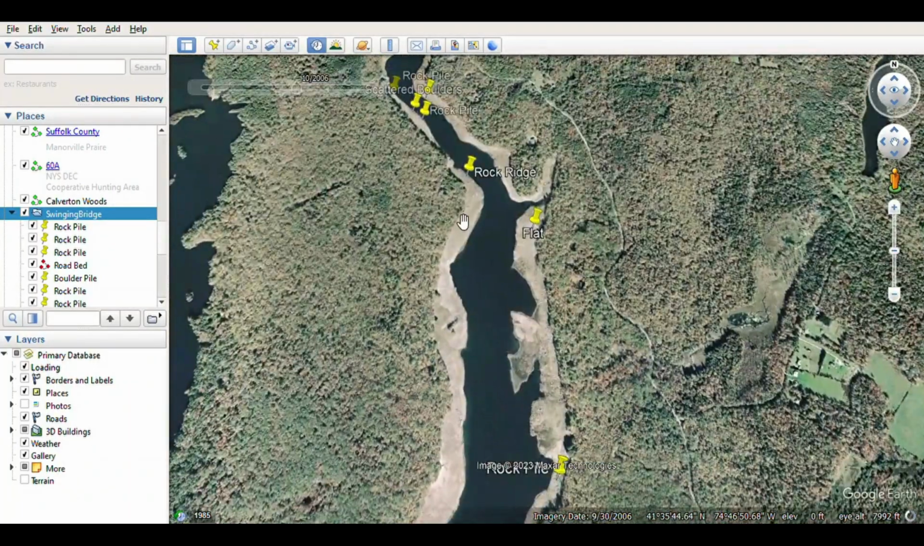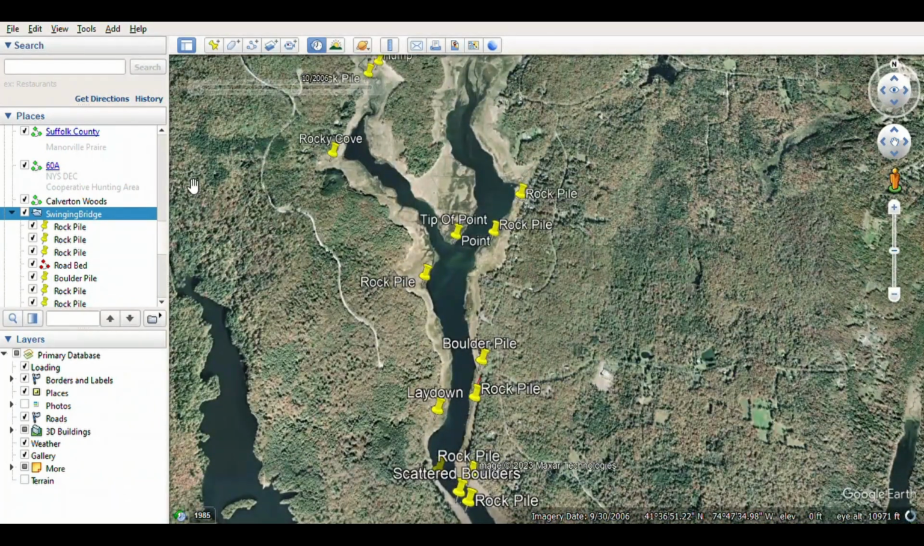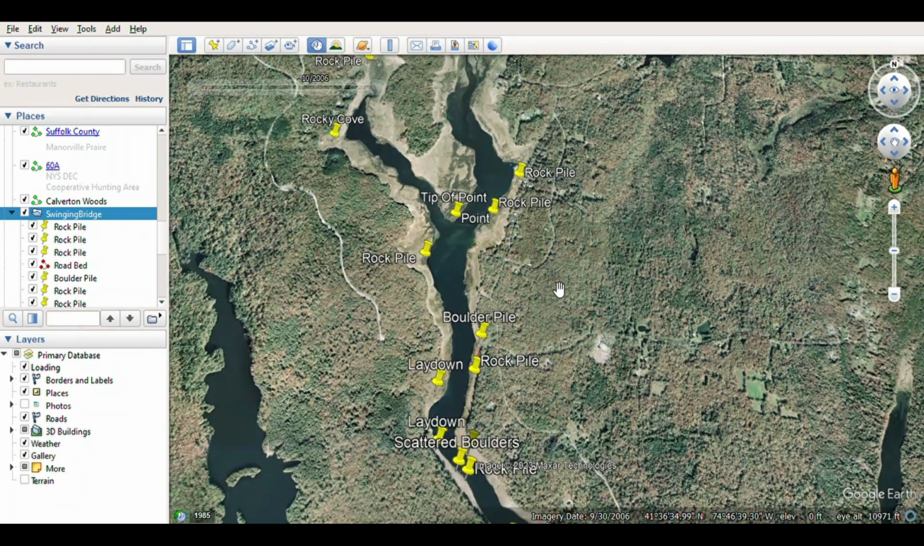So then what I had done was I had saved the file, save place as Swinging Bridge. You change KMZ to KML. And I'm going to save it to my desktop so that it's an easier way to find it. And then what I would do is I would go on a converter site and convert that file to a